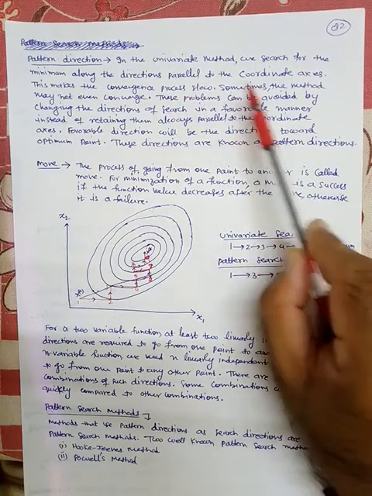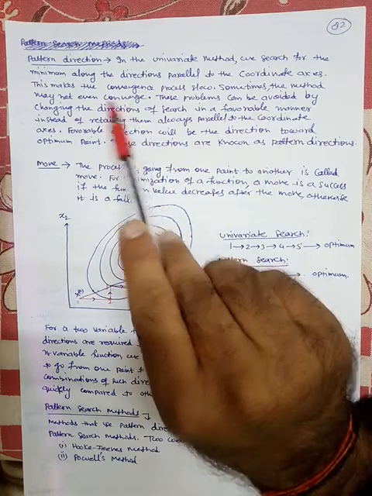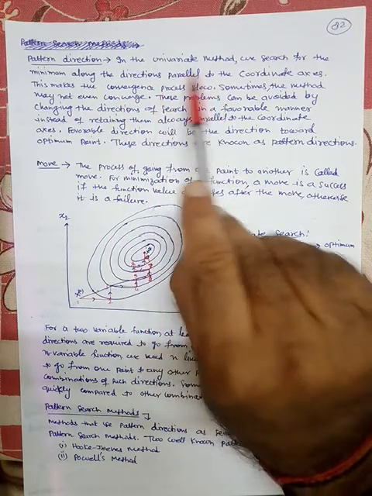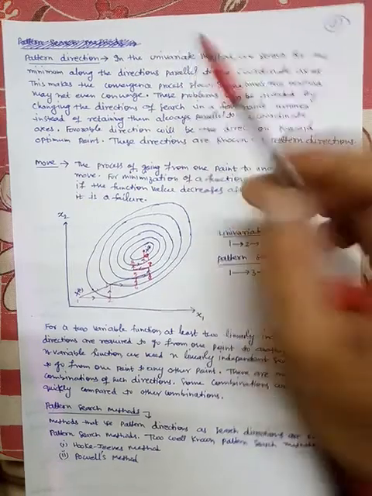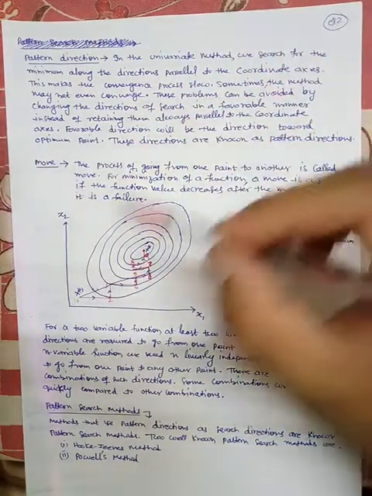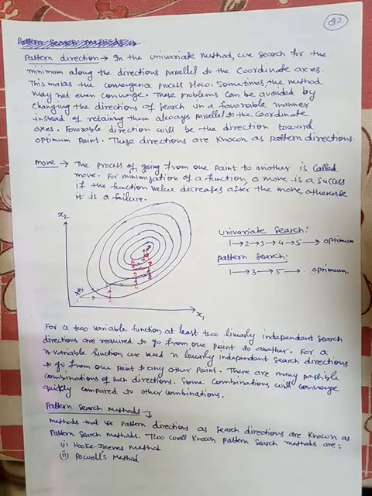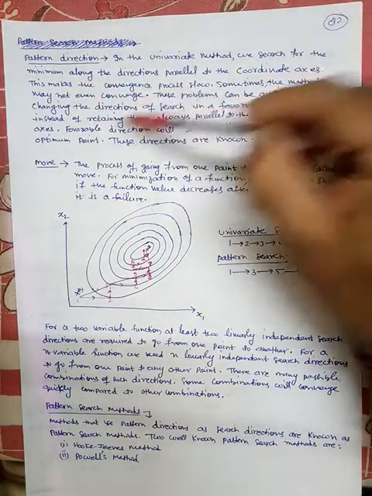Okay, sometimes the method may not even converge. यानी एक तो ये मेथड को स्लो कर देता है क्योंकि हम पैरेलल टू पैरेलल चल रहे हैं, हम डायगोनल नहीं चल रहे, हम किसी और डायरेक्शन में नहीं चल रहे हैं, हम सिर्फ पैरेलल टू पैरेलल चल रहे हैं. ओके, एक तो स्लो कर देता है, दूसरा कई बार ये मेथड कन्वर्ज भी नहीं करता.